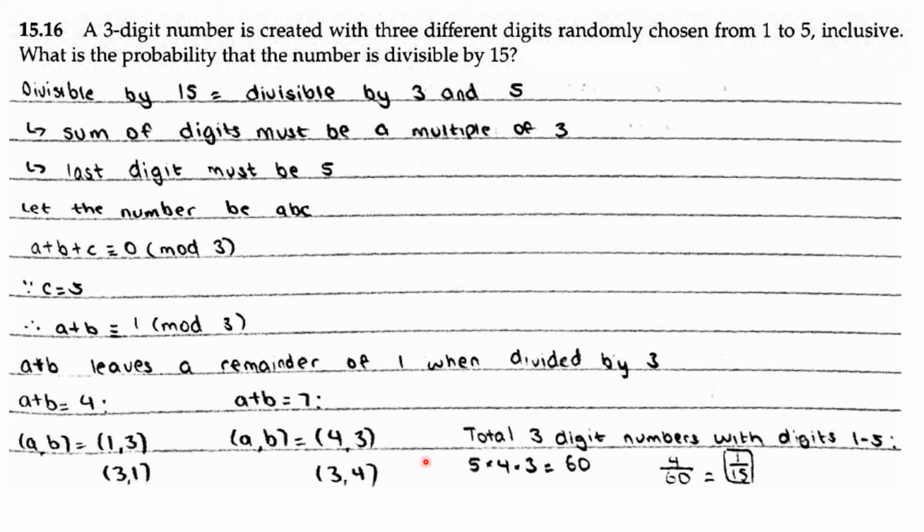or 3 and 4. So the total number of 3-digit numbers with digits 1 to 5 is 5 times 4 times 3, which is 60, and 4 over 60 is equal to 1 over 15. Since there are 4 choices,